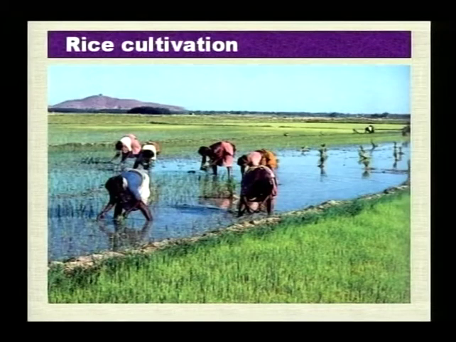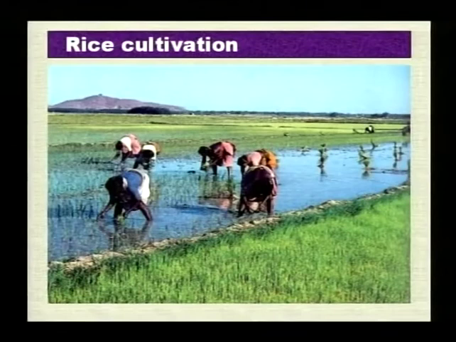Okay, we have there the process of planting in rice cultivation. And we said that growing rice is actually intensive. A lot of labor is actually required for the processes involved in rice growing, harvesting, and etc. In our next lesson, we are going to look at some of the processes that are actually involved in the cultivation of rice. But this is just a photograph to show labor intensive in rice farming or growing.